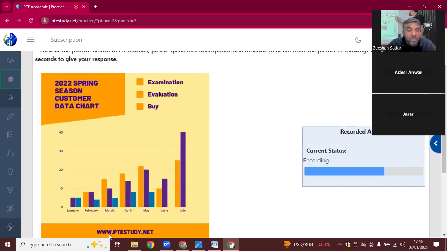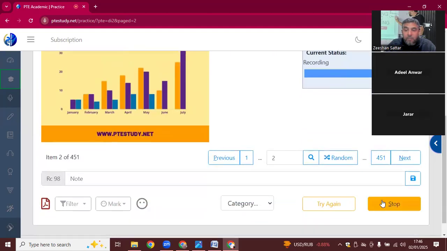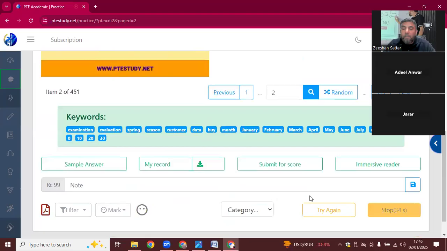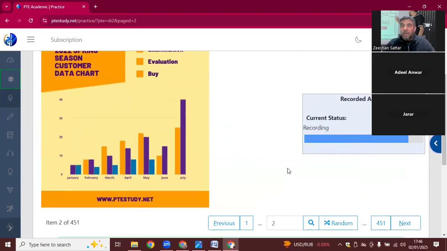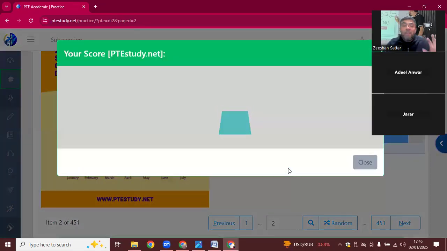I can also see www.ptestudy.net. Overall, the picture is very informative. So we have completed our answer with the minimum hassle of the template. Minimum hassle of the template means